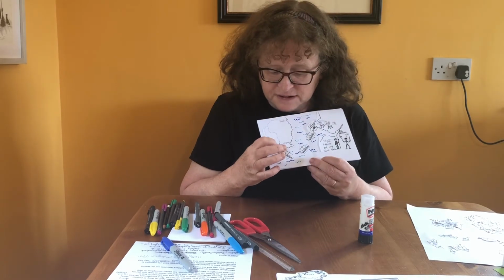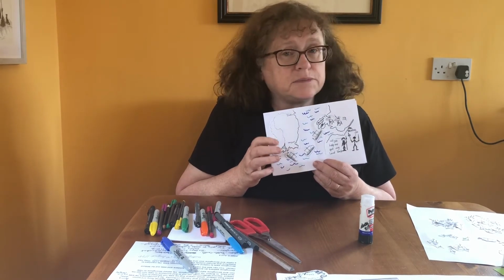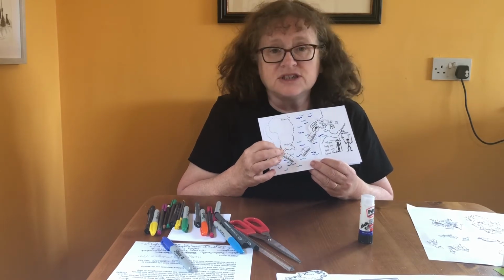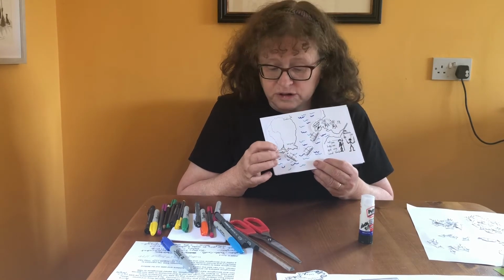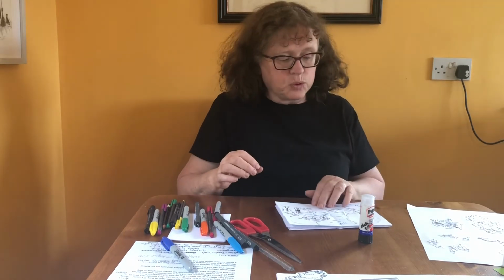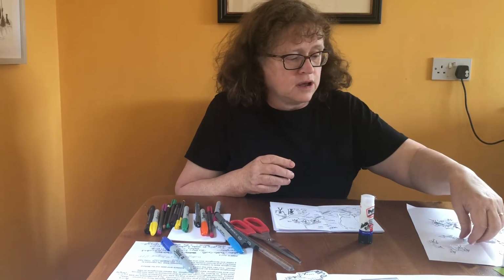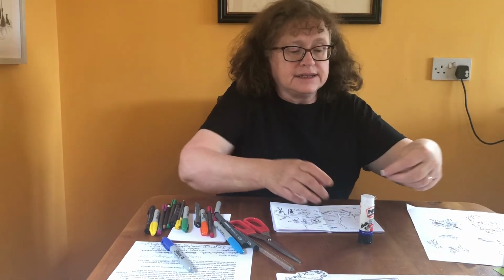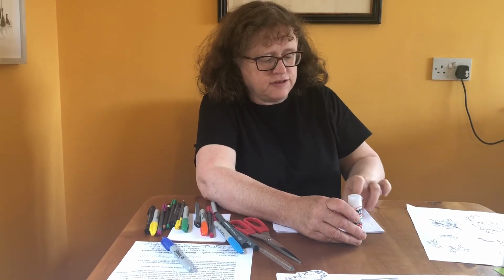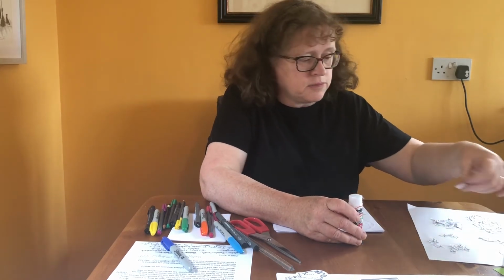So he landed very near to Waterford in a place called Passage East. Some of you might be familiar with it. And from Passage East he marched to Waterford on the 25th of August 1170. And when he arrived at Waterford, what he wanted to do was to attack it and take control of the city. So we're just going to stick in a few of the Norman soldiers,